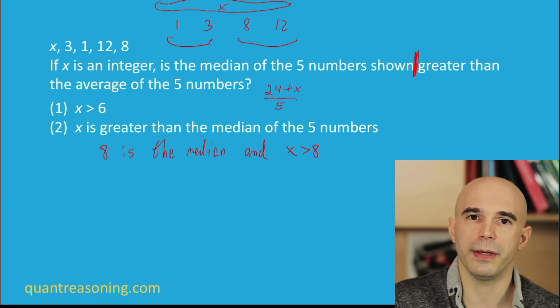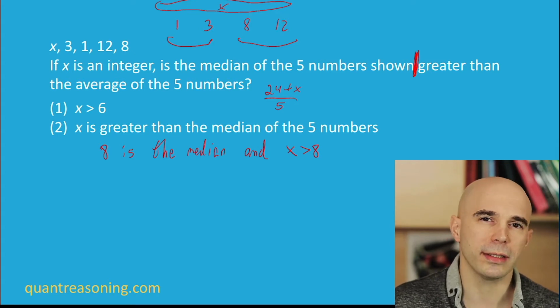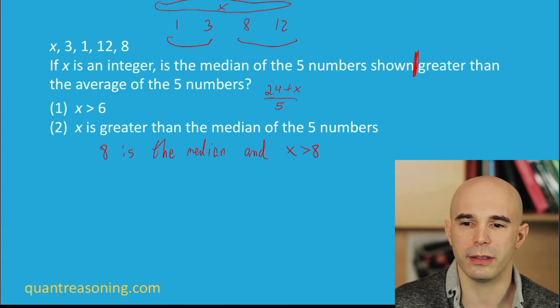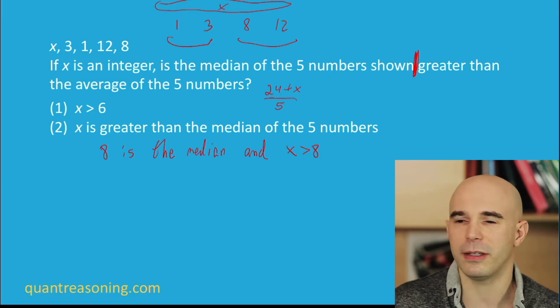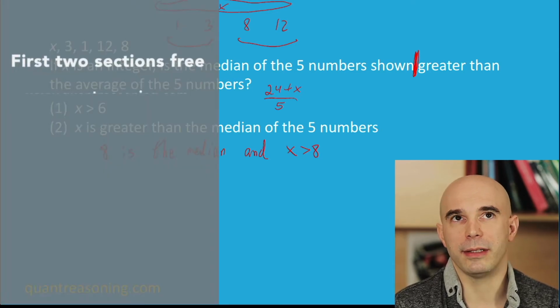And now when I compare this statement to statement 1, I can't help but notice that statement 1 doesn't add any value in the context of statement 2. Like if we already know from statement 2 that x is greater than 8, then statement 1 isn't adding any value. If it's greater than 8, of course it's greater than 6. So given that we know statement 2, statement 1 adds no value, and as I explain in the second section